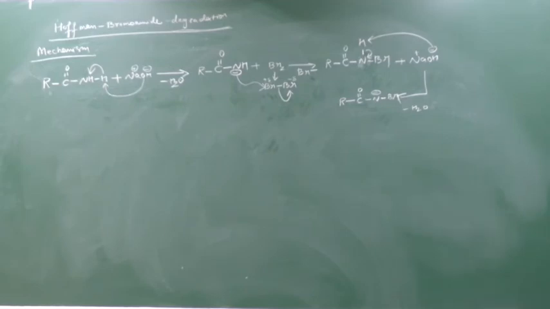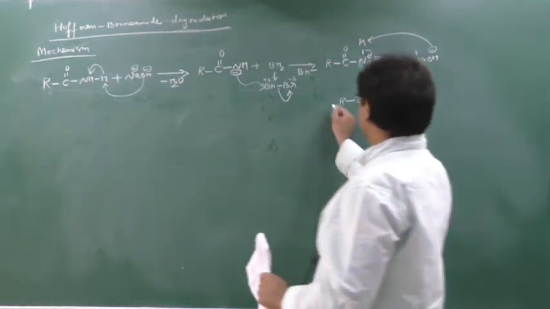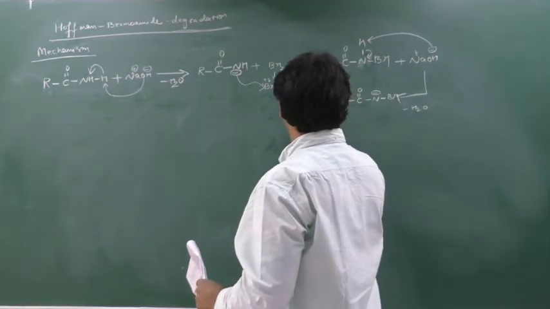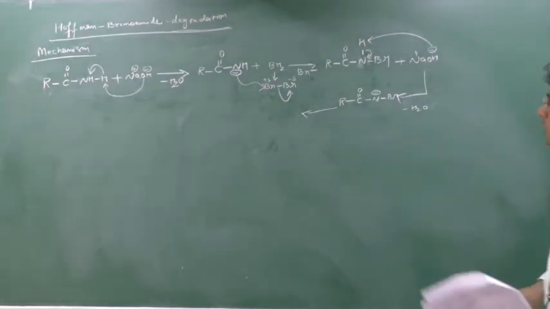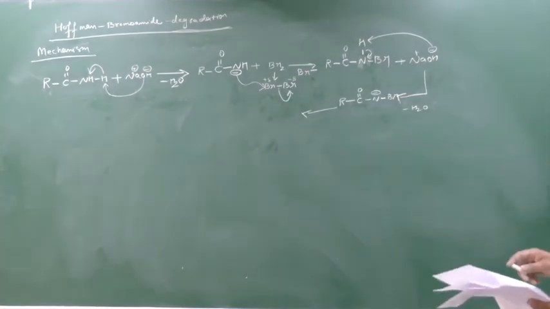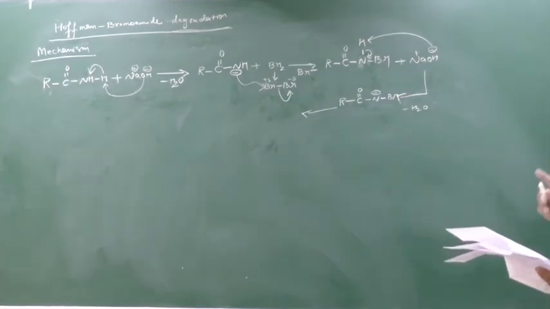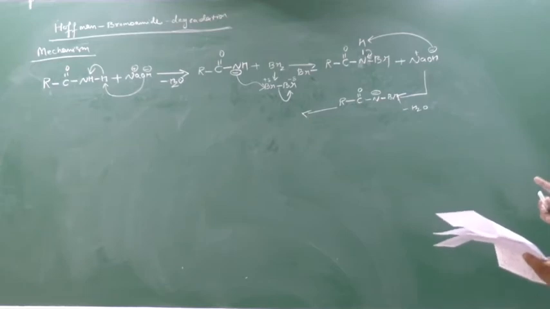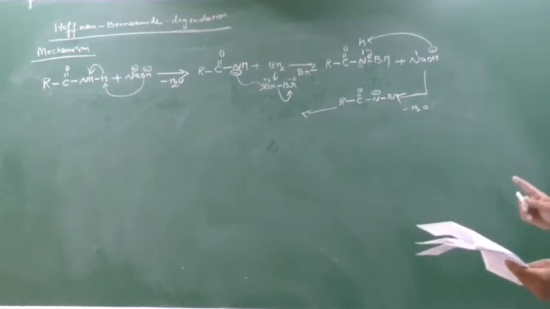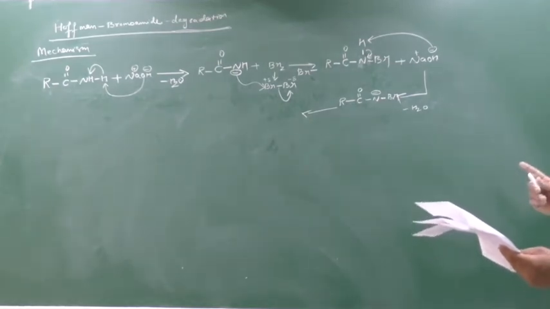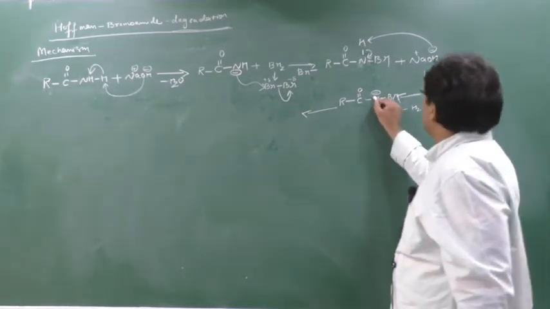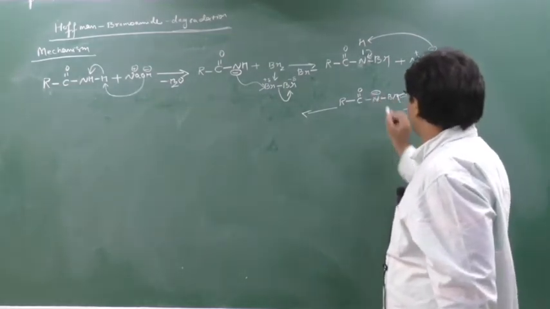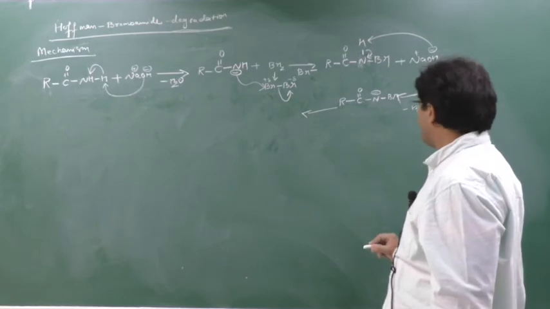Clear this part? Now what will come? Now the story comes of the rate determining step. Now see here, there is a lot going on. Now what will happen? Now this nitrogen, and this Br, now the story will come for this. See this nitrogen wants to satisfy its bond.